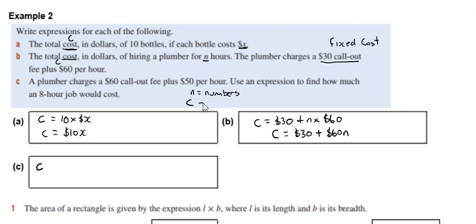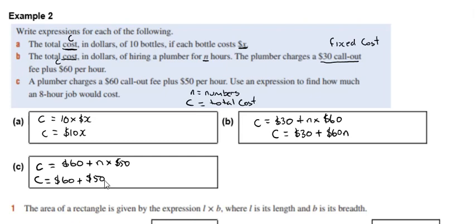We use C for the total cost. Now, our call-out fee is $60, plus the number of hours times our hourly rate, which is $50. So our formula will look like this: $60 plus